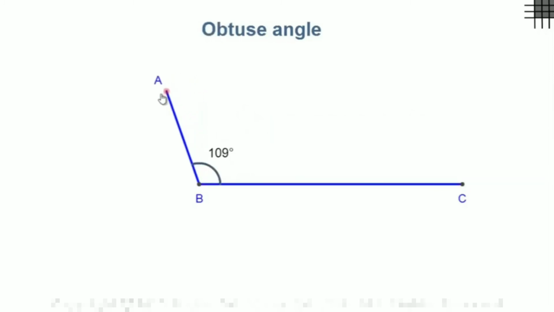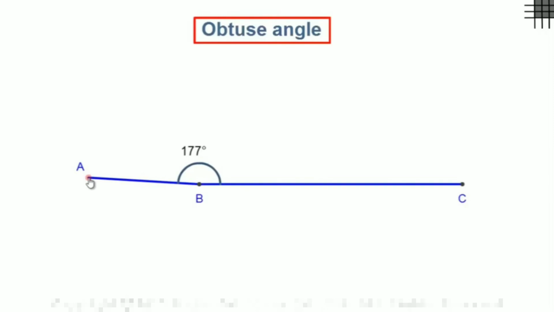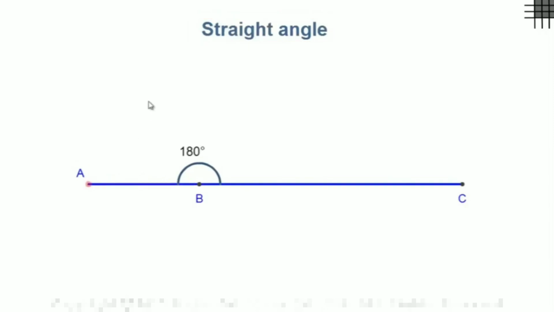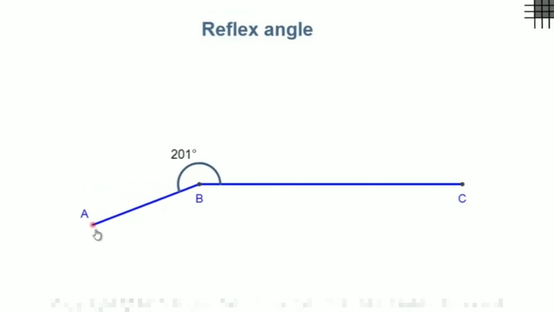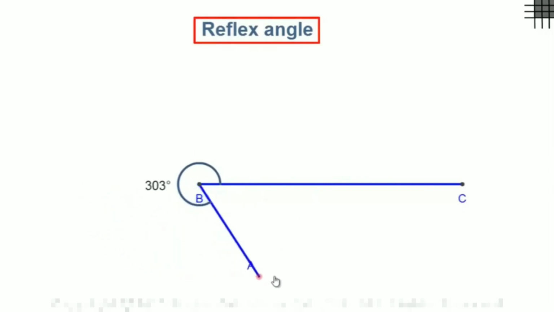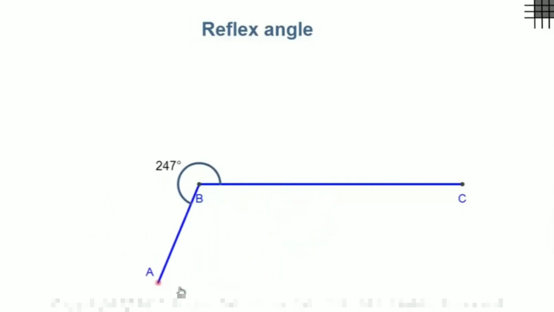Anywhere between 90 and 180 degrees, it will be called an obtuse angle. You can see that a wide range of angles are covered between 90 and 180 degrees, and the angle is still obtuse. And at 180 degrees, we get a straight line or a straight angle. Anywhere between 180 degrees and 360 degrees, it will be a reflex angle. Any terminal arm in this entire region will result in a reflex angle. And 360 degrees complete one full rotation, and it will be called a full angle.